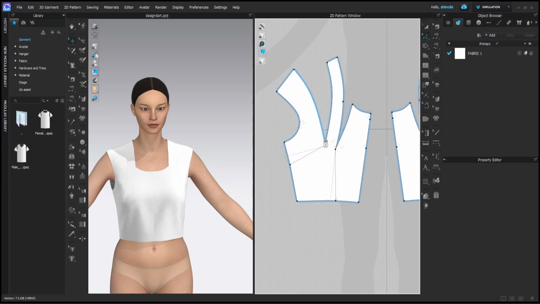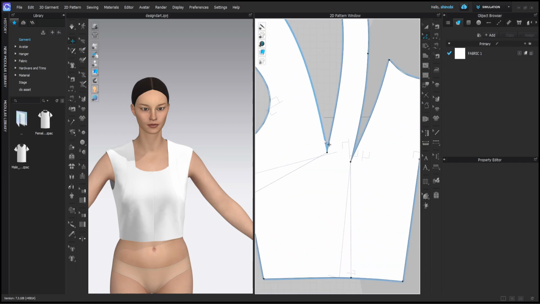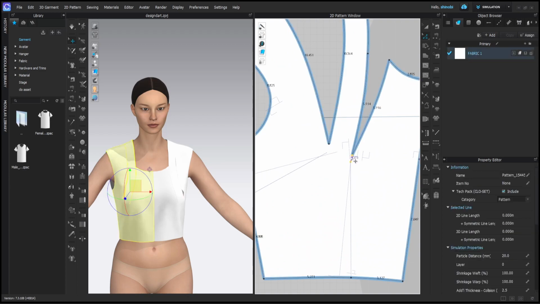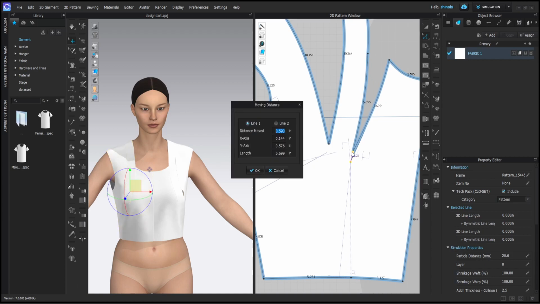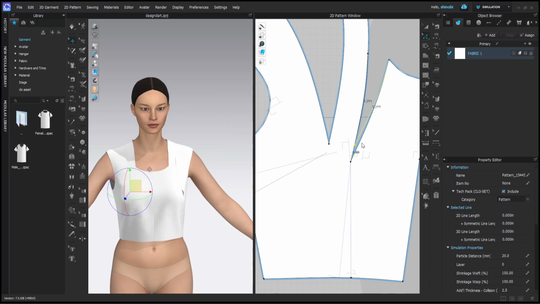And the last step is to draw new dart points 1 inch from the original dart. To do this, click and drag the first curved dart point from your left in upward and same direction of the right dart leg until you see the pin guideline, and just when this guideline appears, right click, and in the dialog box you can type in 0.5 inches to 1 inch, and I am taking 0.5 inches and hit